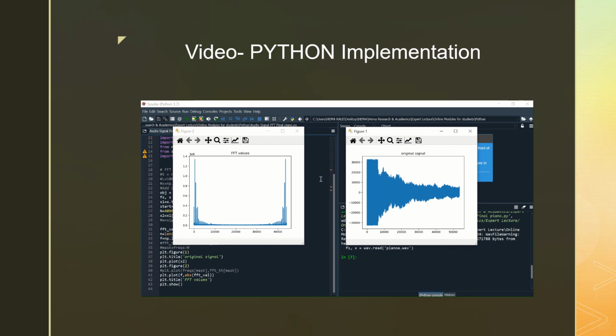In your DSP practical you are also implementing the FFT command using a program in MATLAB. Now as an additional one you can show them how to find out the audio signal FFT using Python. FFT is our regular topic in our DSP subject, and you can give the additional things like finding out the FFT of an audio signal by using two languages, MATLAB and Python.